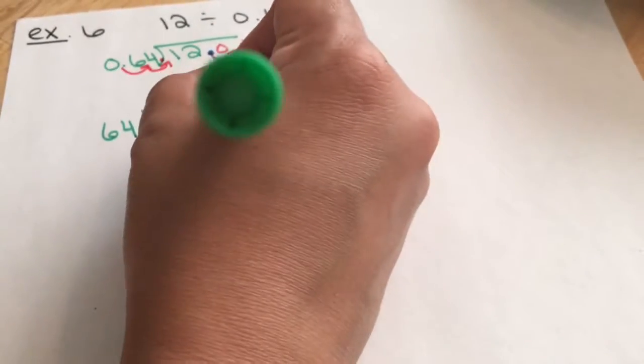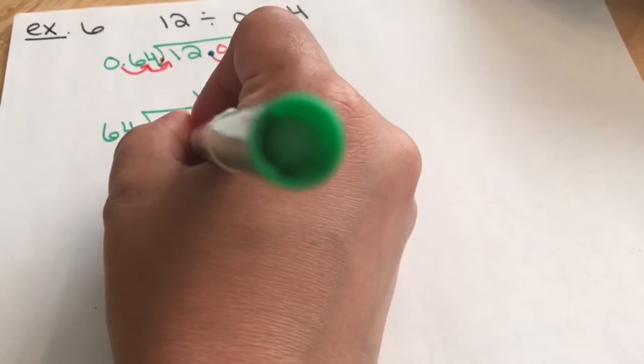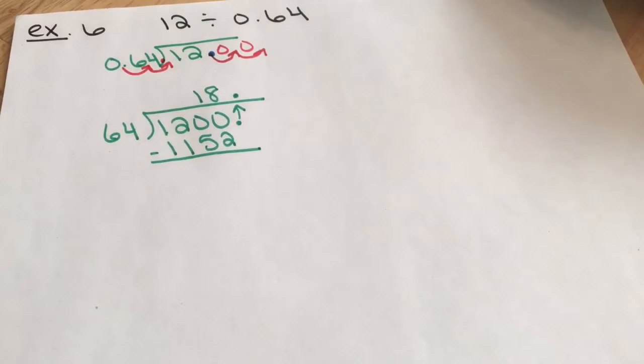Step 2 does tell us to bring our decimal point up from our dividend into our quotient, so I'm going to do that. 64 goes into 1200 18 times, and 18 times 64 is 1152. We're going to subtract that,